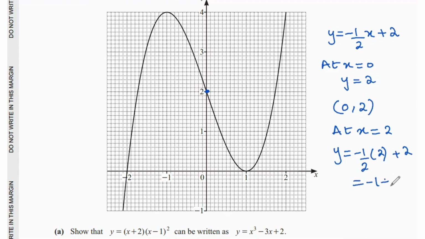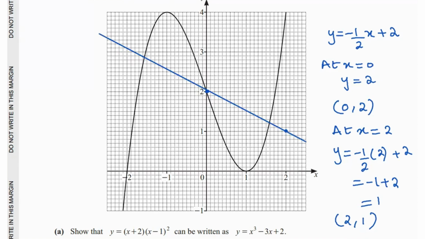That's negative 1 plus 2, and that's 1. That's (2, 1). This. So if we draw a line through these 2 points,